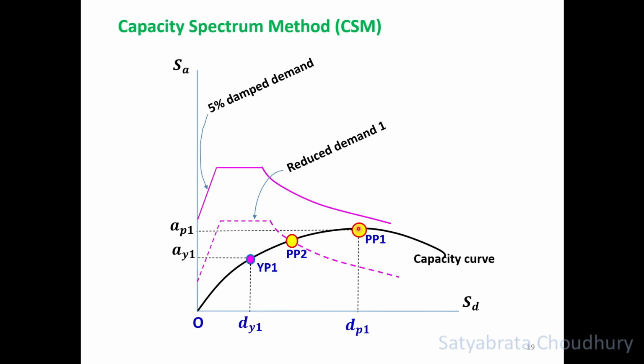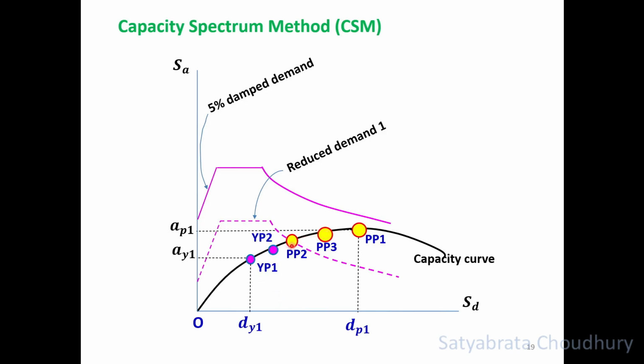Now the assumed PP1 point and obtained PP2 point are widely apart here. So obviously our initial assumption was not correct, so we want to correct it further. For that purpose, we shall take another trial performance point in between these two. So we can take a performance point P3 in between these two, and corresponding to this, by bilinearization of the